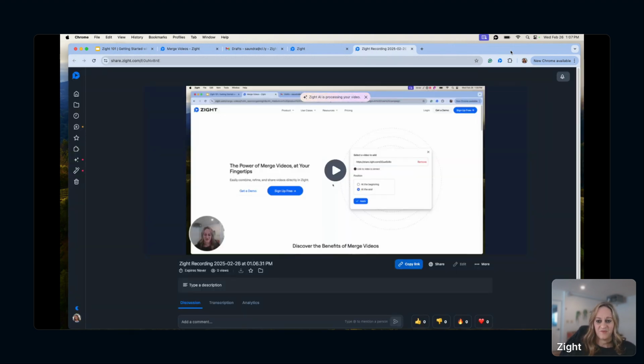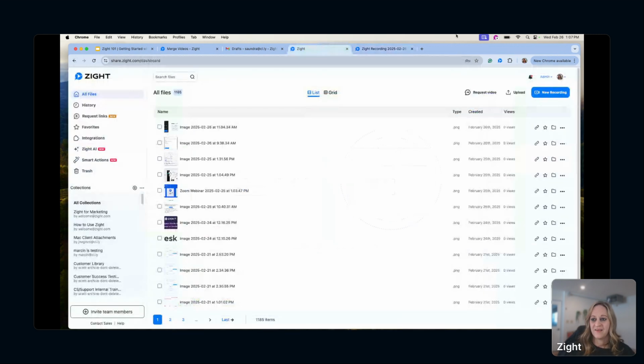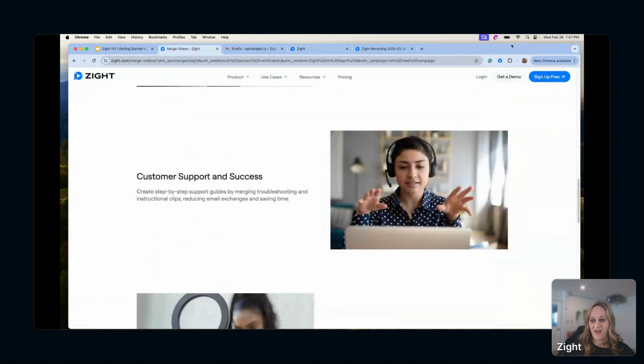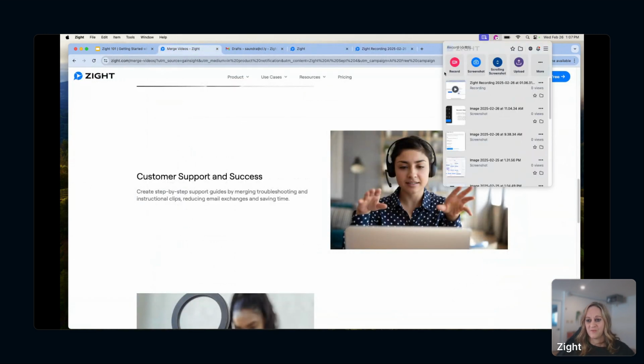So I'm going to go ahead and click on finish, and you can see just like that, Zight has automatically captured my video. And then up here, you can see Zight AI is now processing my video. So I mentioned I'd give you a little sneak peek into what that looks like, and I'll do that in a moment here, but I'm going to go back and just talk about a couple of our other recording options